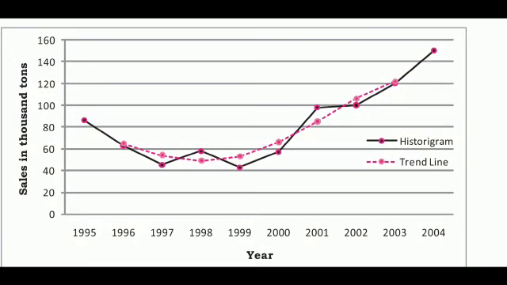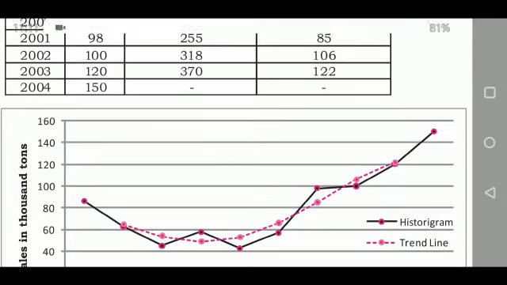So in this class I think it's enough. You learned the graphical method and the semi-averages method. We just began the moving averages method, and one simple example is done on 3 yearly moving averages. We will be solving some more examples on 3 yearly, then 4 yearly and 5 yearly, making the concepts more clear. Thank you so much.